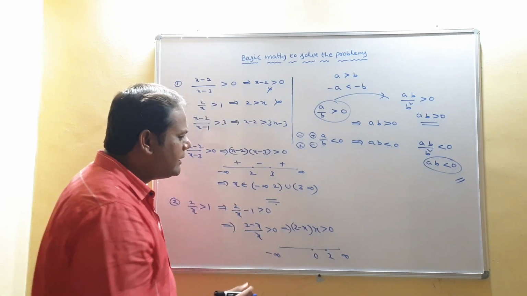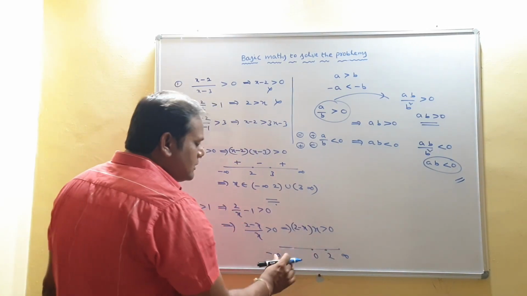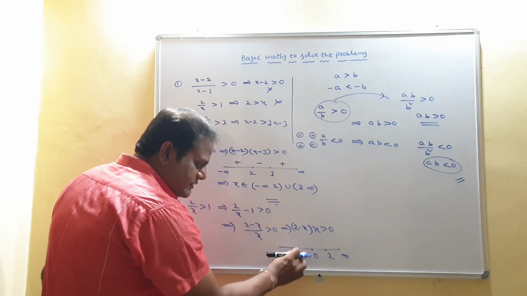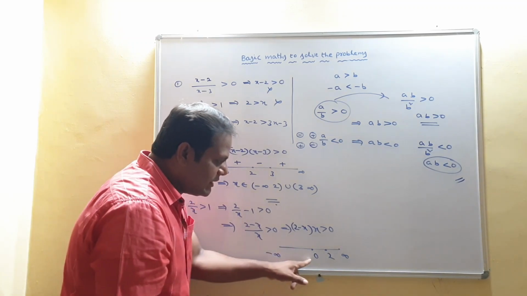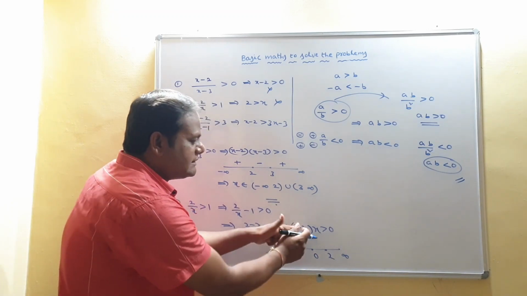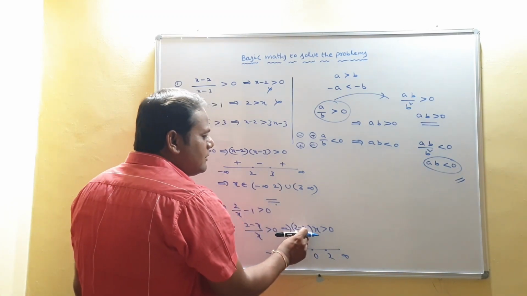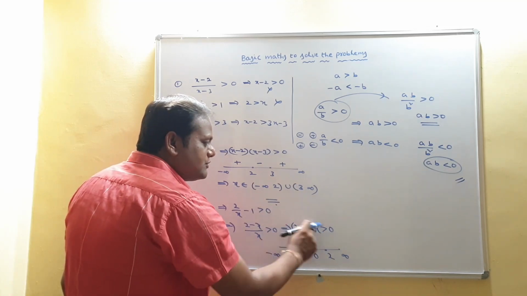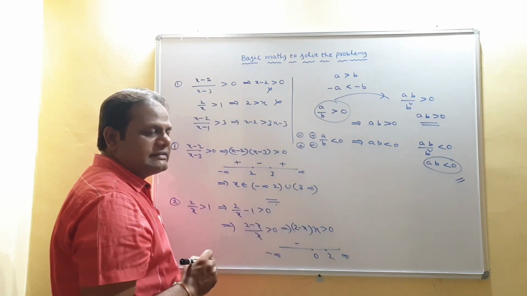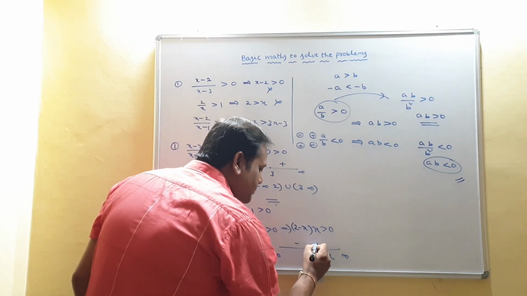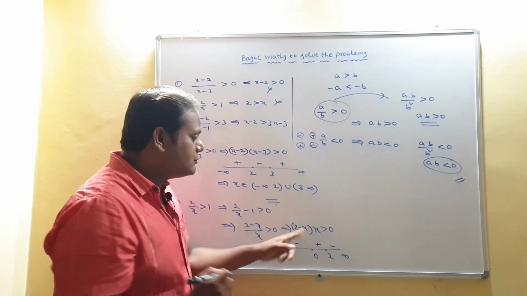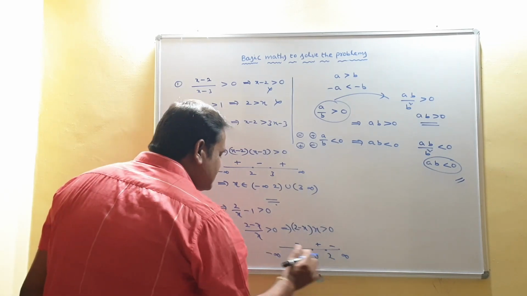Now you take any value in any one of the intervals. Suppose between minus infinity and 0, you take x equals minus 1. Is minus 1 there between minus infinity and 0? Yes. So you put x equal to minus 1. Then 2 minus x becomes positive and x becomes negative. Positive into negative, so here it is negative. Alternatively change the sign: positive and then negative. So what we want? Positive. So where it is positive? Between 0 and 2.